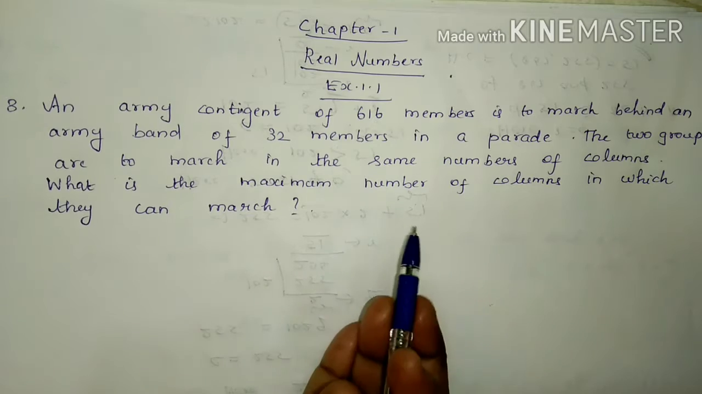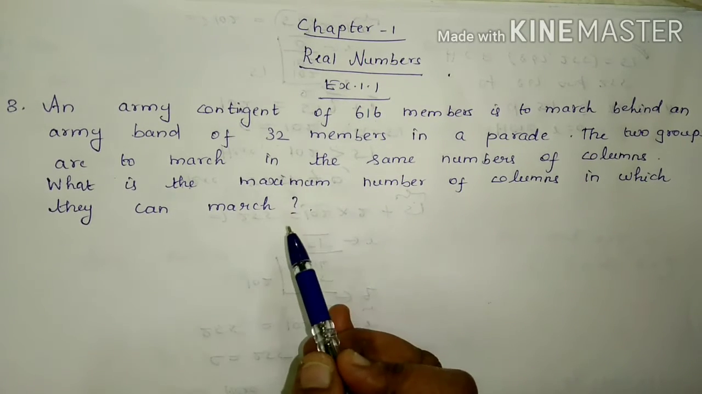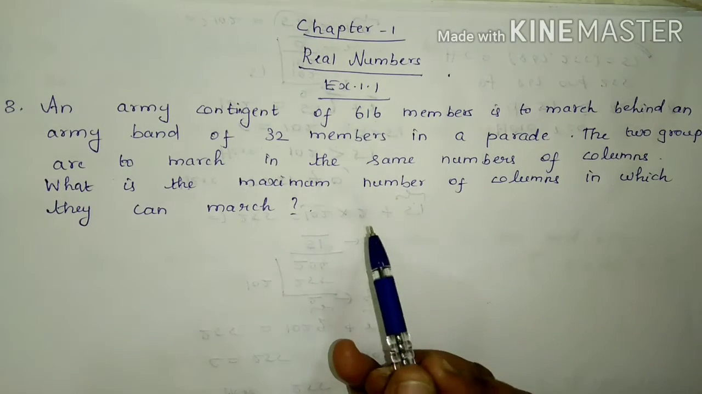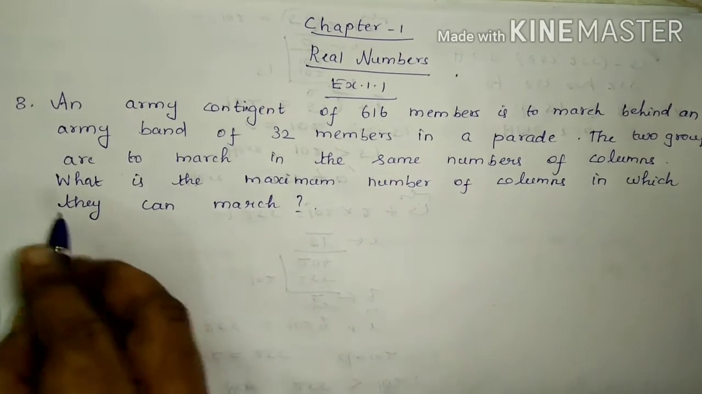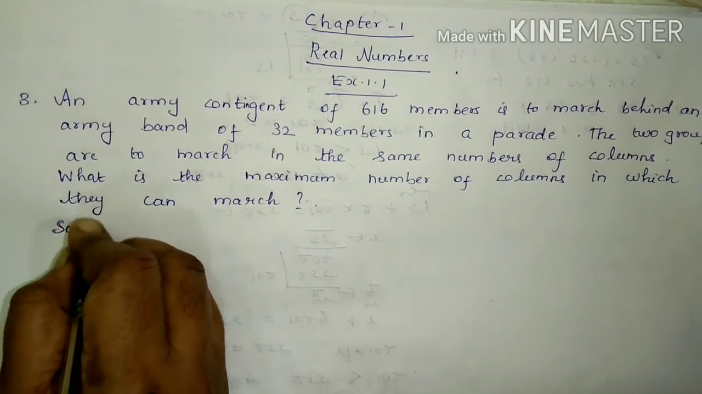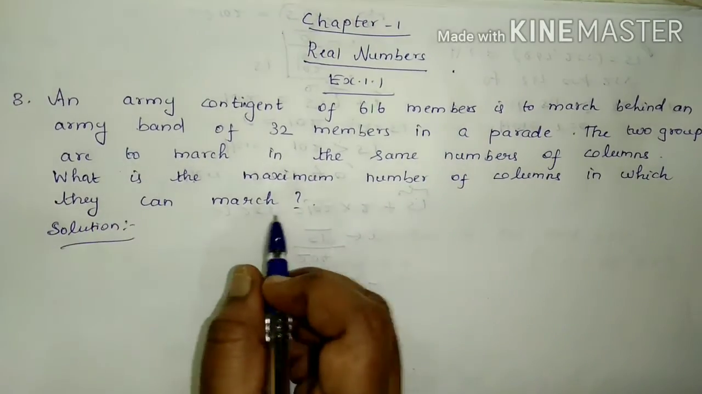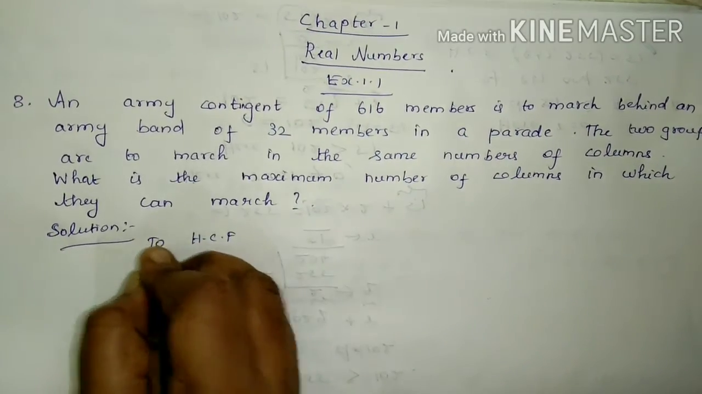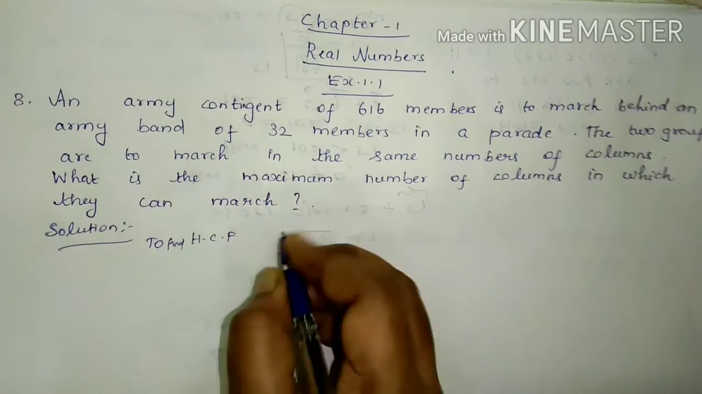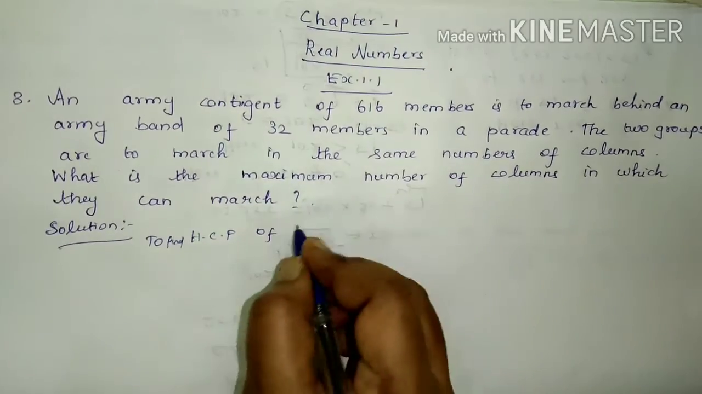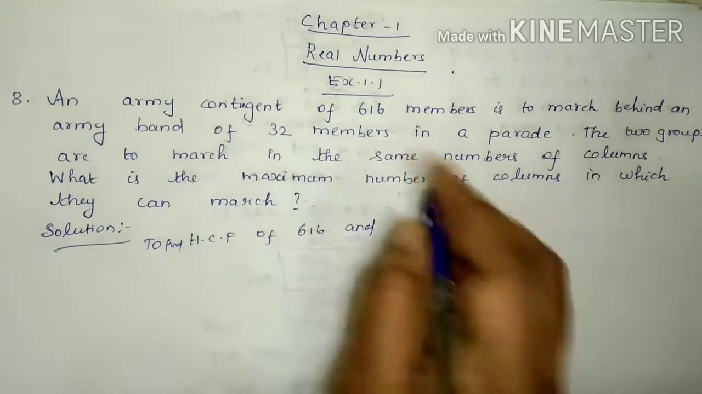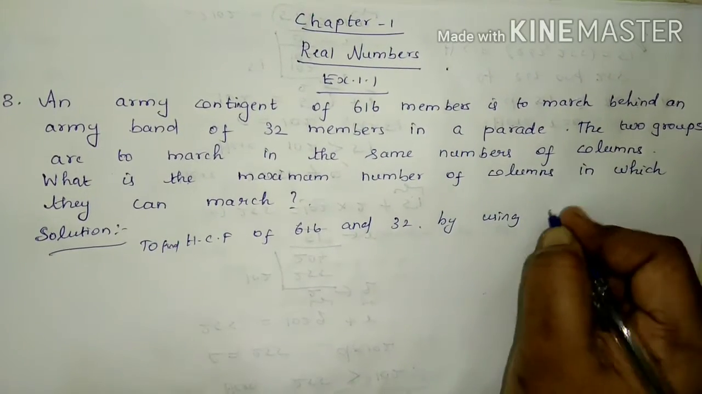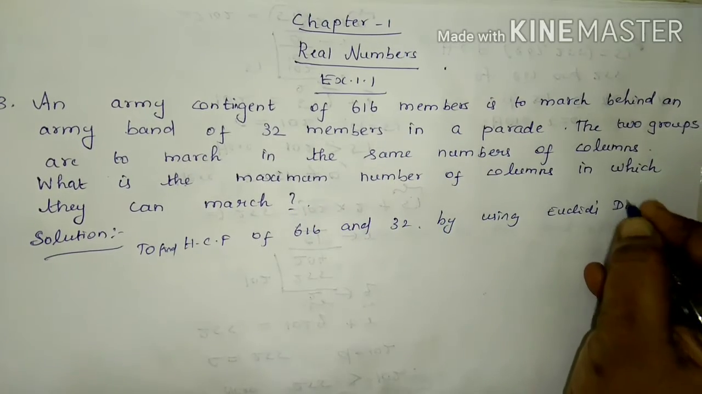So in order to find the maximum number of columns, it is enough to find the HCF of these two numbers, 616 and 32, by using our Euclid's division algorithm. So we can see the solution. By using Euclid's division algorithm,